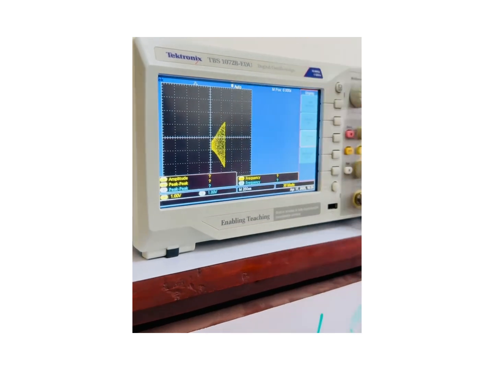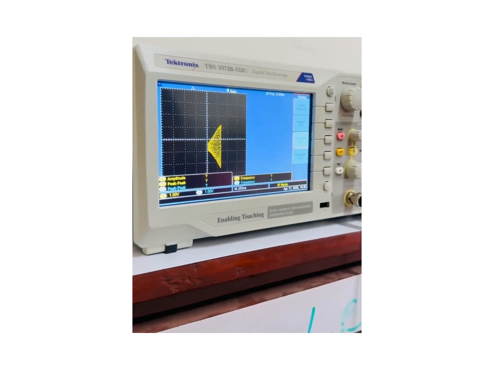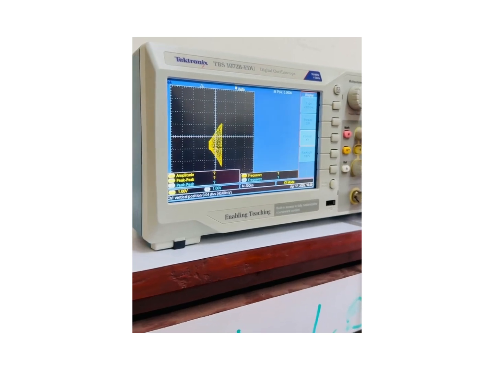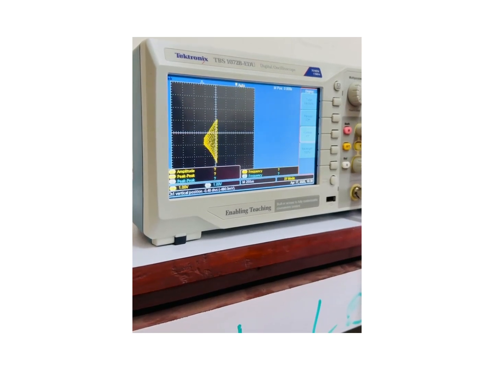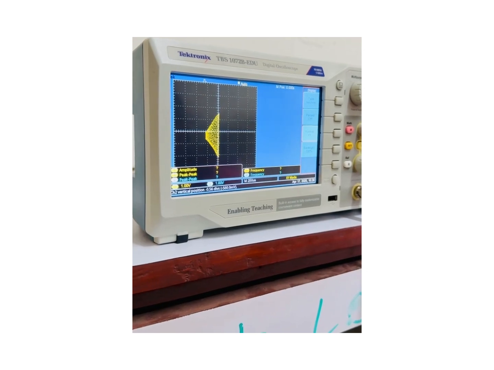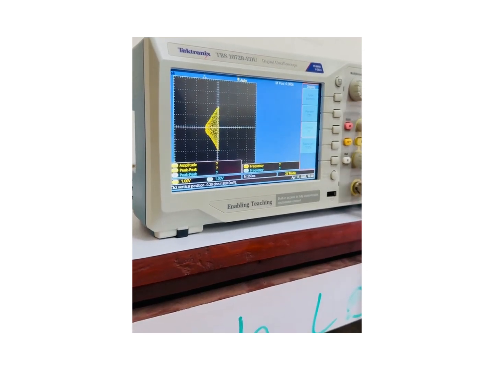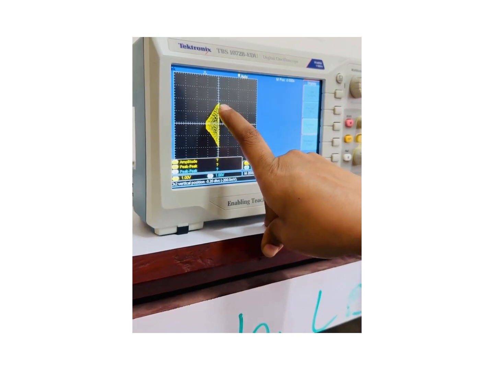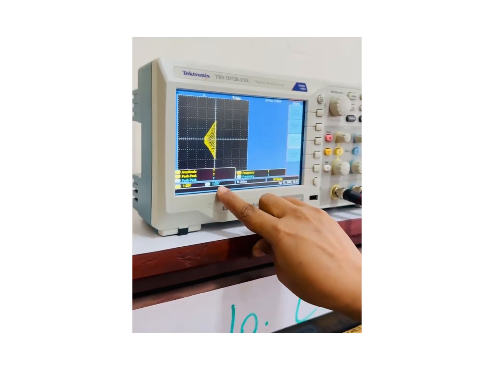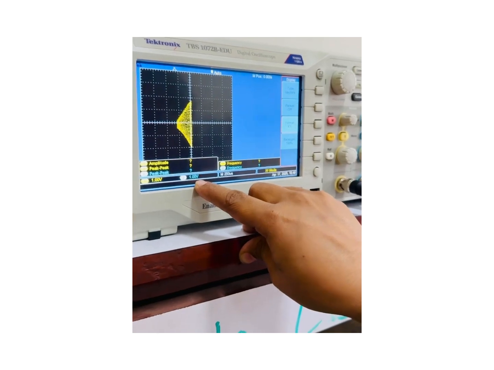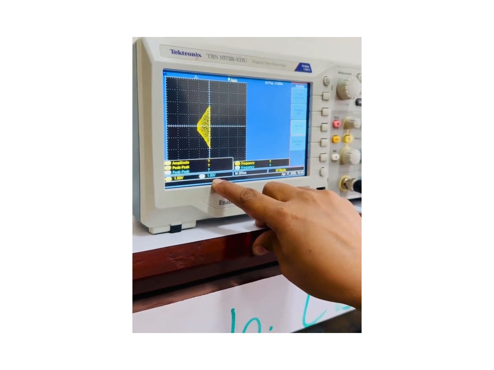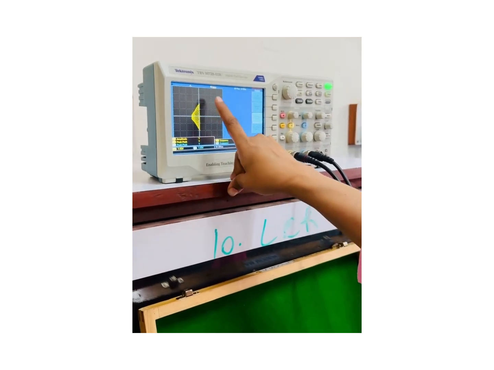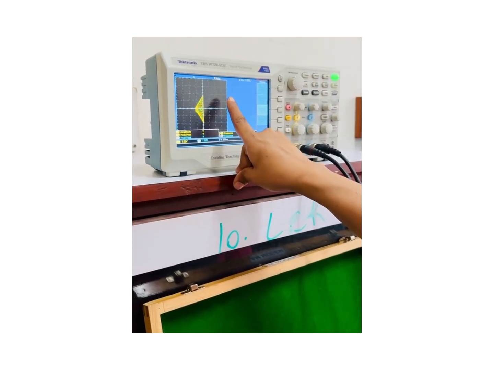And for the larger side of this, we will adjust it in such a way that we can measure the number of divisions. And here we can see the number of divisions are 1, 2, 3, 3.8. So 3.8 into 1 volt will give us the value of A. So by using the formula (A minus B) upon (A plus B), we can measure the modulation index using the trapezoidal